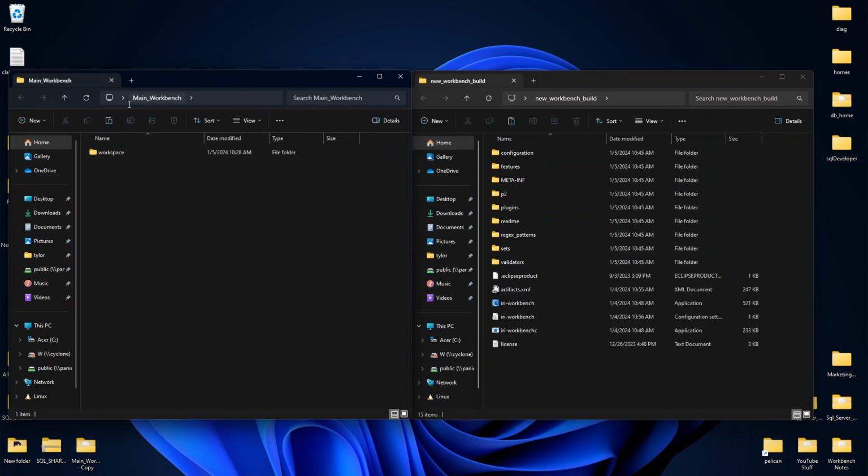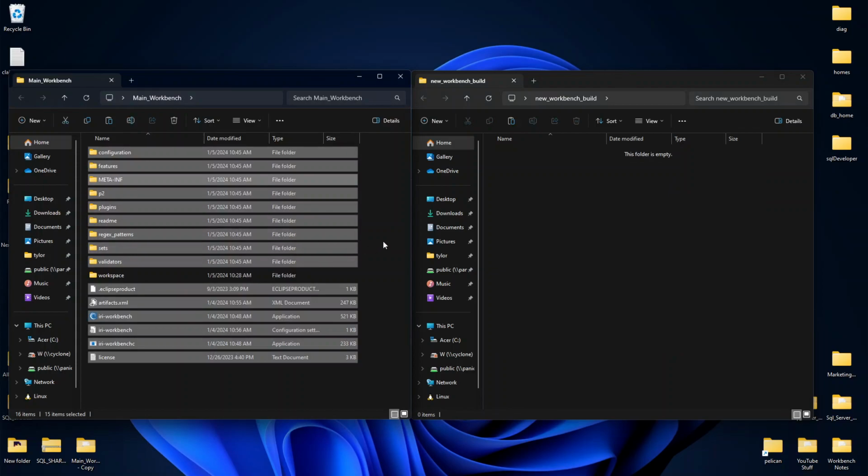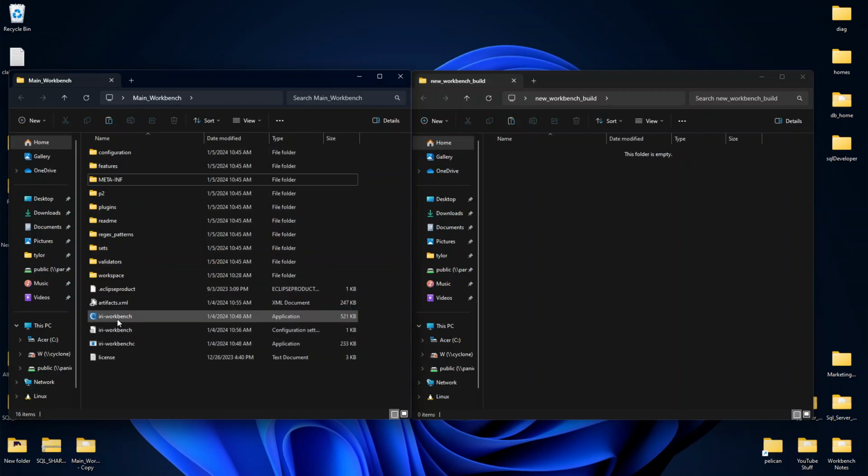And in our main workbench folder, we only have this workspace. So now we're just going to go ahead and take all this information from the new workbench build, just like that, and we're going to go ahead and just move it right on over. So as you can see, our new workbench build is empty. Our main workbench build is now populated again with our updated workbench,